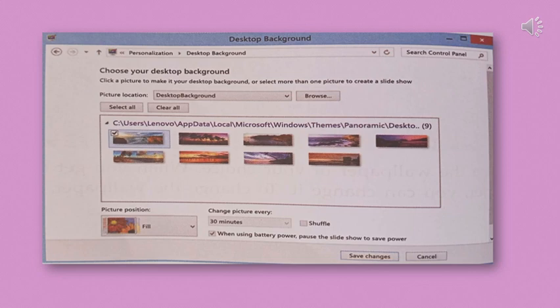Here you can choose the location of the picture from the picture location. Select the picture that you want to set as the background. In the picture position section, choose the picture position from the drop down list. Then click on the save changes button. Your desktop background picture will be changed.